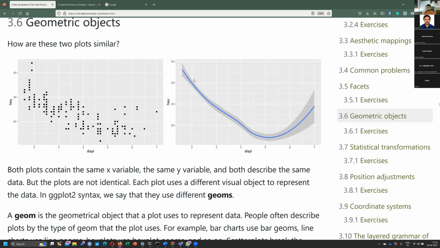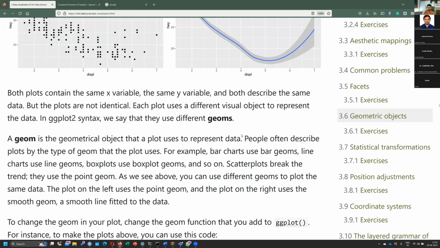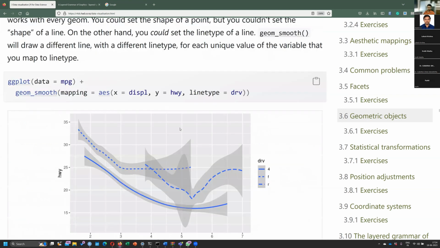But here, what it is representing, not just the blue line, but it's also representing a shaded line, or we call it a ribbon. The ribbon here represents the 95% confidence interval. There are any number of other things you can do. There are line types also. For example, this geom smooth is actually